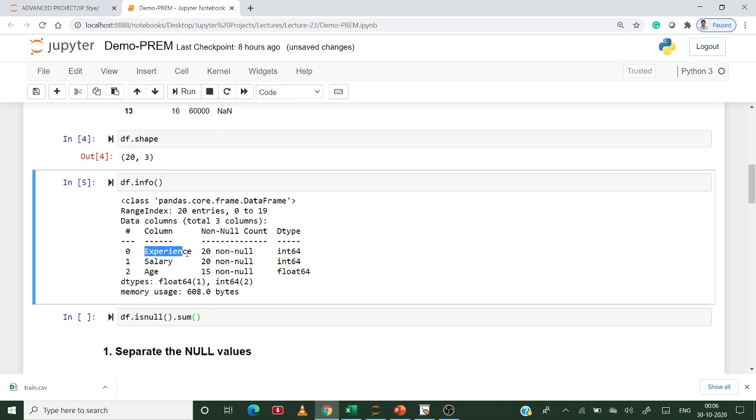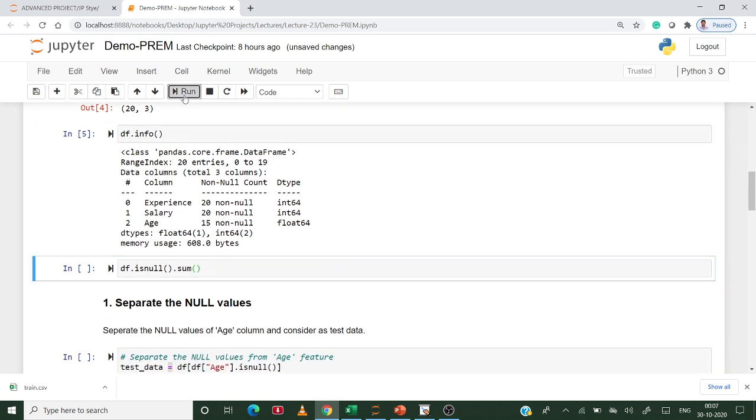So experience is one feature, has 20 non-null values, and salary is also one more feature. This feature has no missing values. Feature age has only 15 non-null values, which means there are 5 missing values.